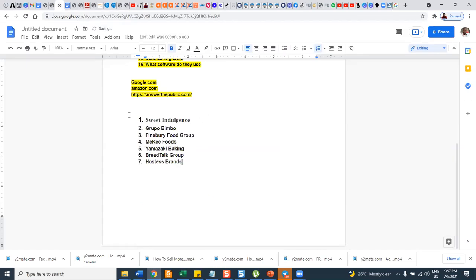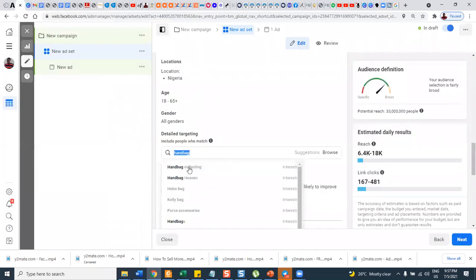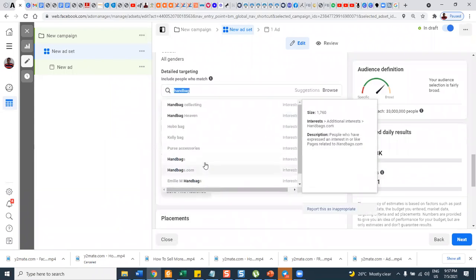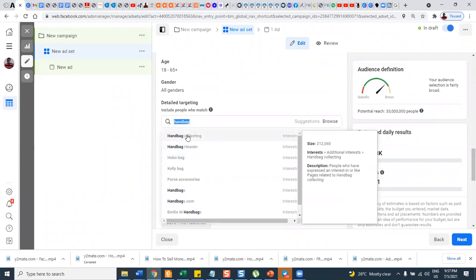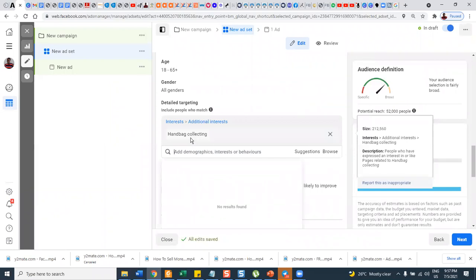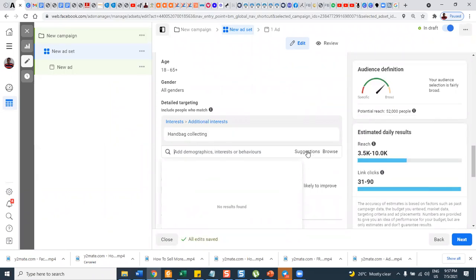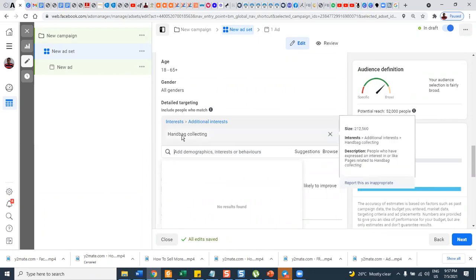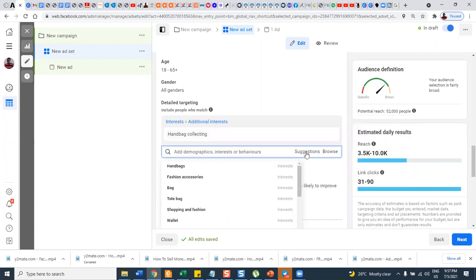Now, when you are searching, of course, let me go back. When you come here, it will always give you about 25 interests or results. If I type this keyword now, this is the keyword I selected, you can come to suggest. So suggest means that Facebook will help you to suggest keywords that are similar interests to what you are searching for. So you click on suggestion, you will see